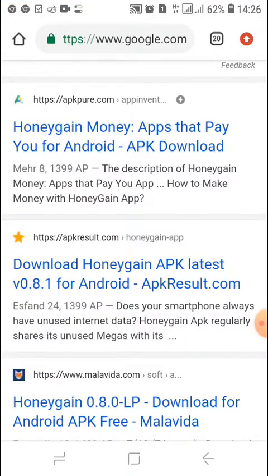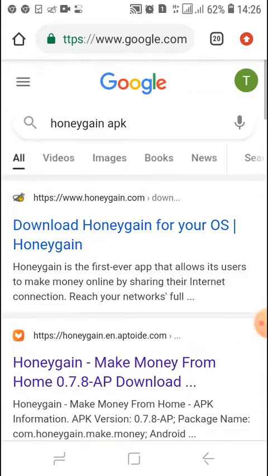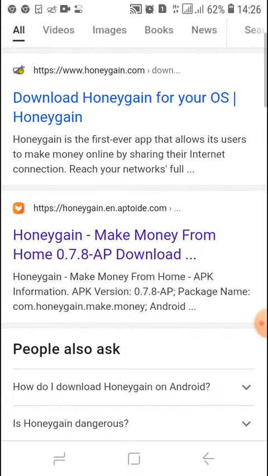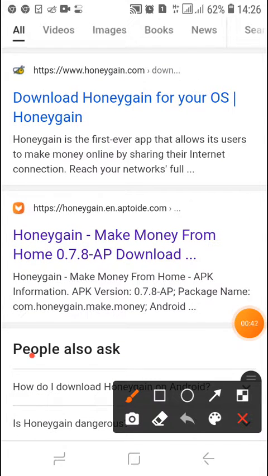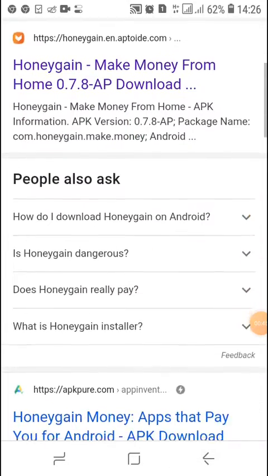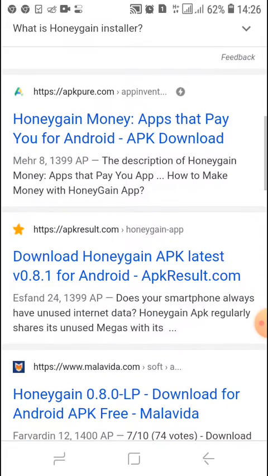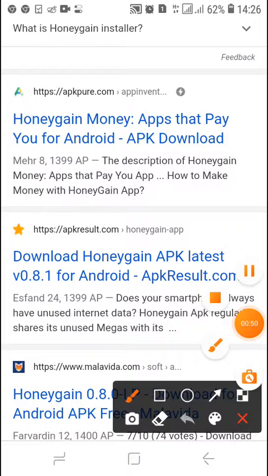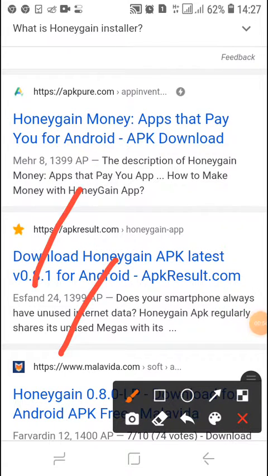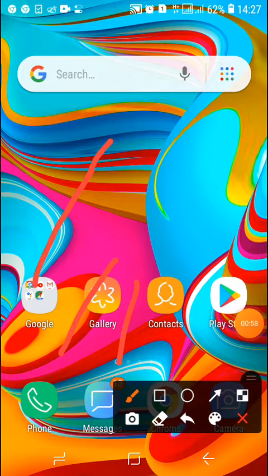It's not coming in my Play Store. So come on to our Chrome browser and download the Honeygain APK. Honeygain APK. And there are a lot of apps there. Honeygain, that's the app. After installing,